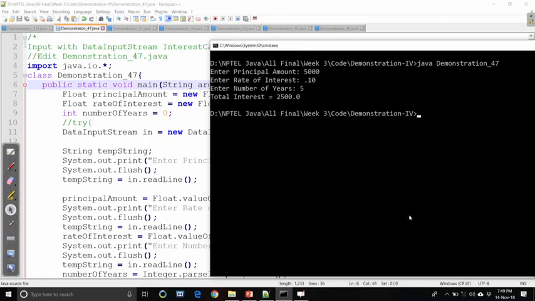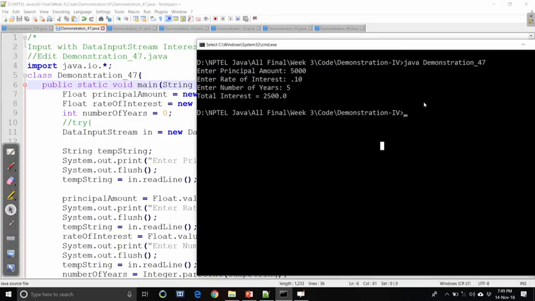Now, we have learned about three ways of giving input, and regarding input and output we will discuss many more things in the running discussion. Up to this demo we have learned about print, how to output on the screen, and then input to the program. Okay, thank you very much.